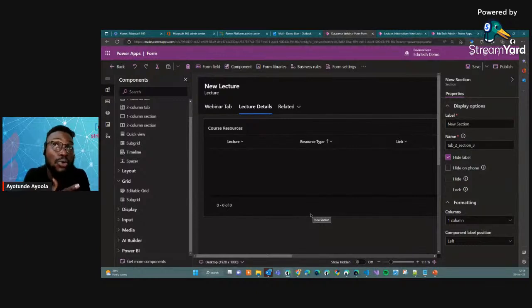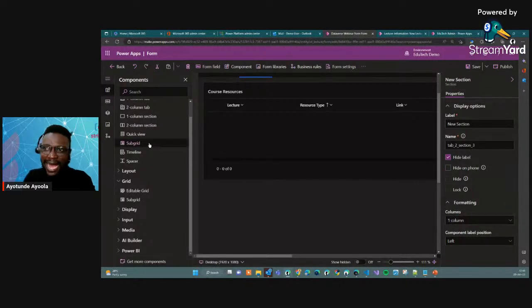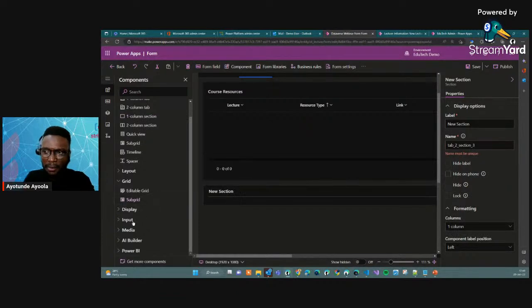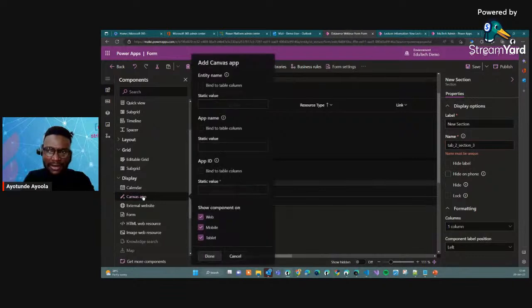For those who are familiar with Power Apps, if you have a Canvas app, for example, you can embed a Canvas app on the model driven app. Very straightforward. For example, let me add one more section. I can add one column section below, and maybe you have a Canvas app. You can easily go to display and bring in Canvas app. See, all you need to do is put your app ID, your app name, and then your app comes into the system. You see that I don't have any Canvas app on this particular tenant I'm using, but if so,